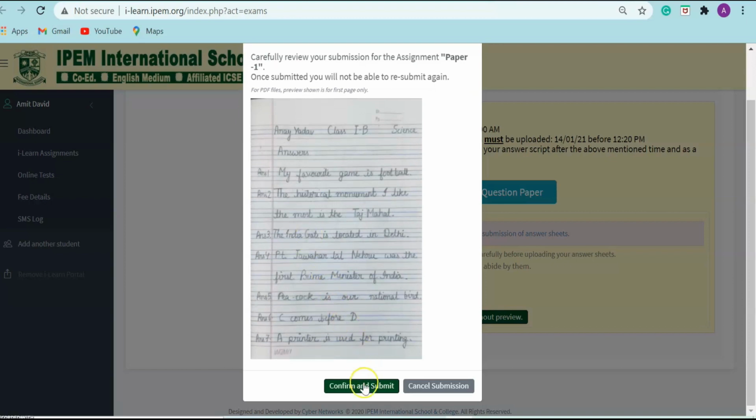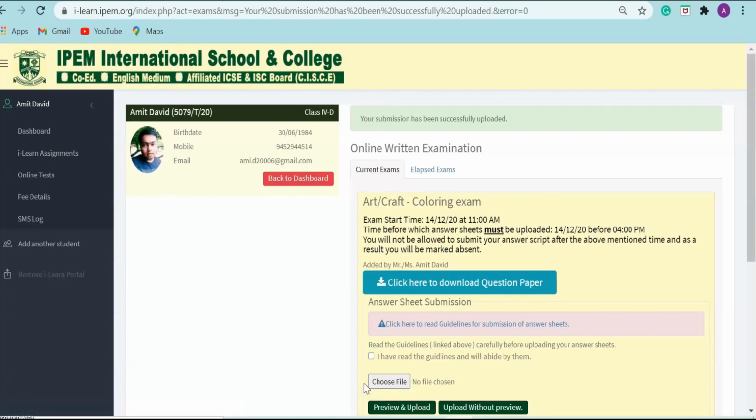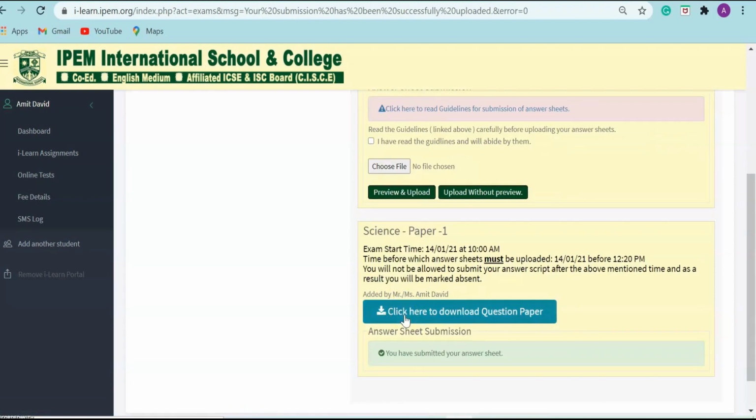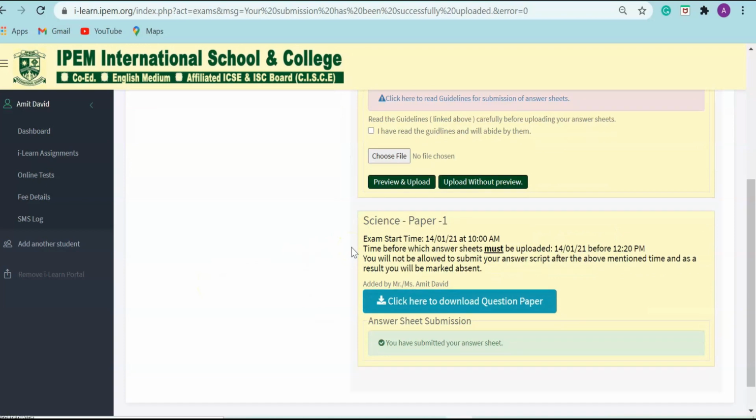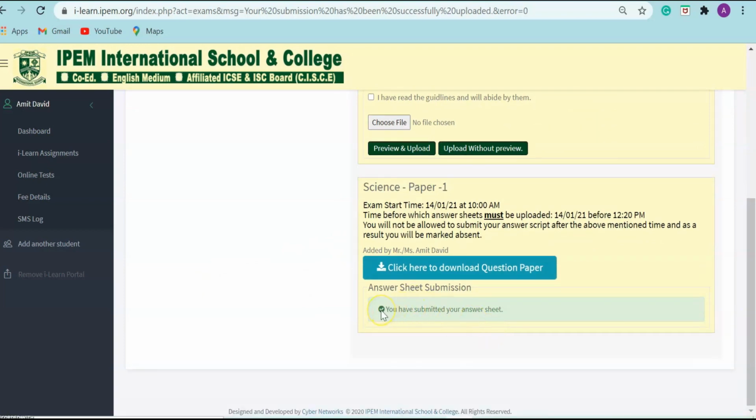And after that you can click on confirm and submit button. As soon as you click on the confirm and submit button, your answer script will be uploaded. And it will show you over here the message you have submitted your answer script.